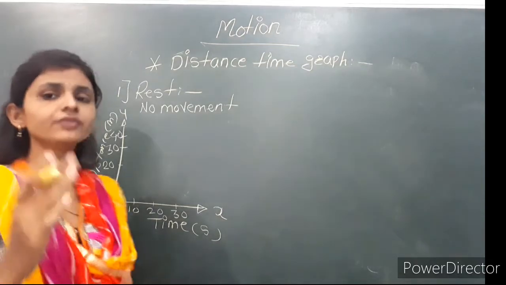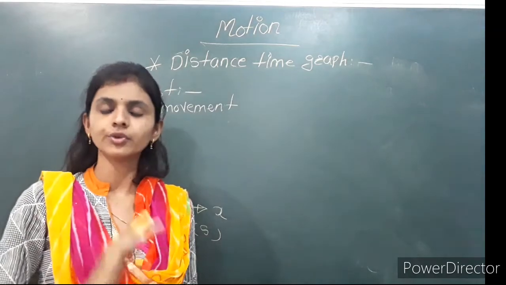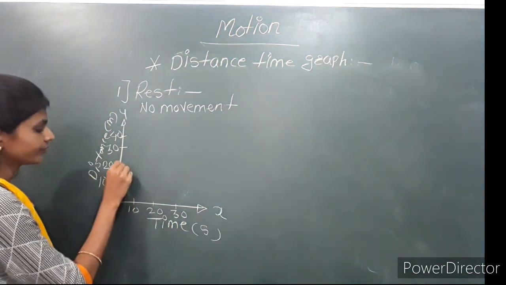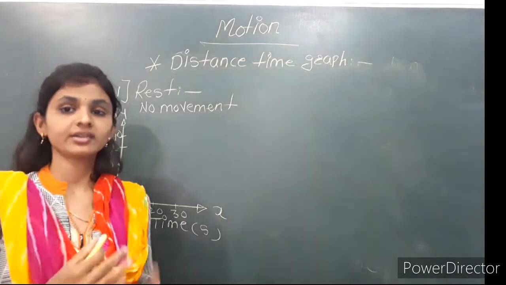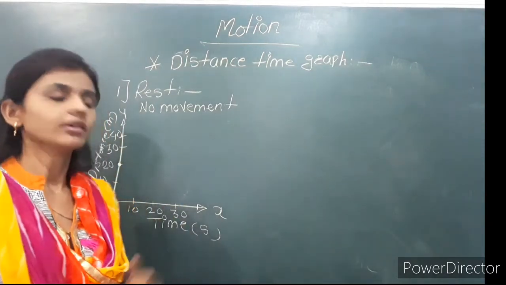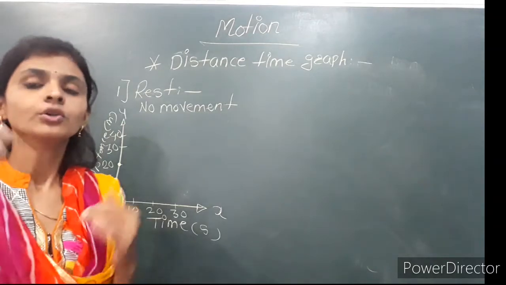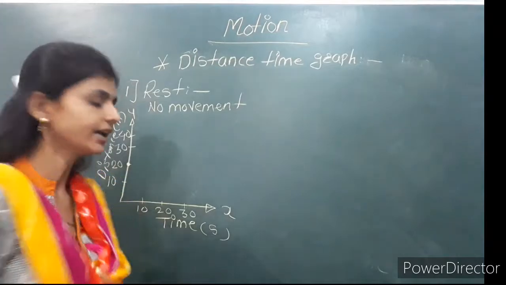In the first case we consider the object having no movement, no motion. Suppose the object is here. The object is at rest, but it doesn't mean there is no time. Time increases simultaneously, but during that time our object shows no motion. It means that